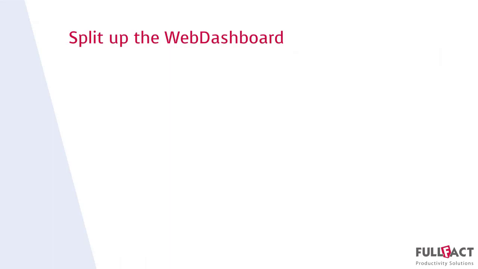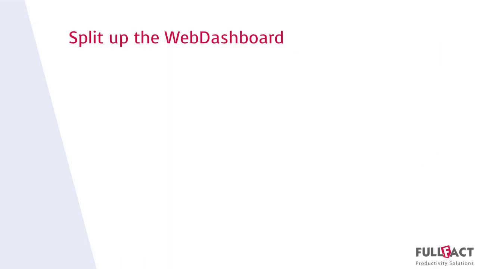We provide you with a web dashboard if you have bought the license, of course, because we have to earn some money to live. If you have bought the web dashboard license, you're eligible to have multiple versions of the web dashboard running. You're not limited to one version. That can be very useful if you have, for example, a wet and a dry department on your production floor. You can split the web dashboard into a dry and wet version.